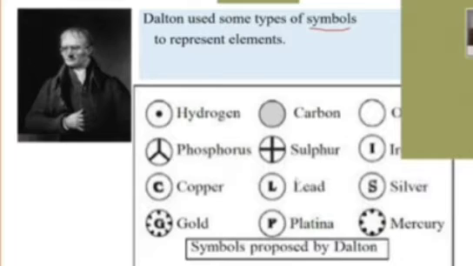Let's discuss this in detail. These are the pictorial representations. The first one is hydrogen. It's represented as a circle with a center. The next is carbon. It is a circle with a shaded area. The next is oxygen. It's just a circle. Didn't you feel this pictorial representation a bit difficult? Yeah, it's a bit difficult.